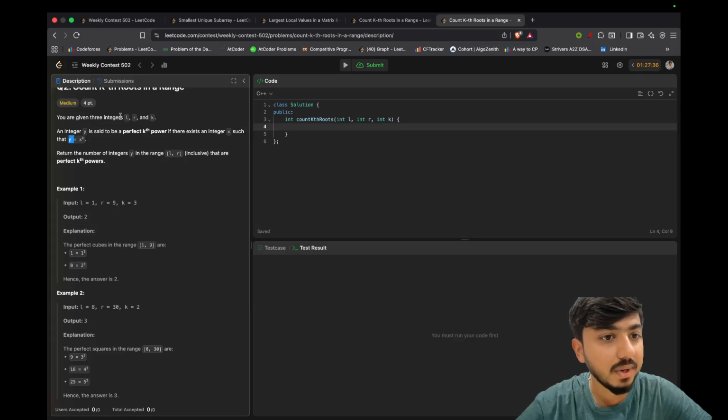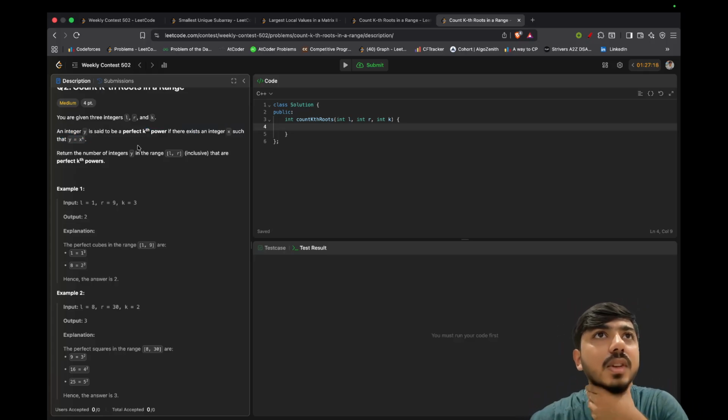Okay, y should be in the range of this, right? Not x. So there exists an integer x such that, what we can do is,